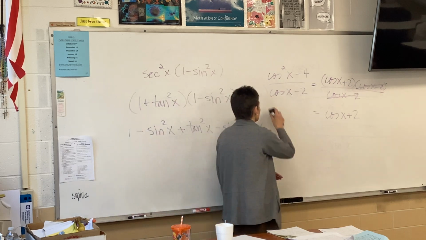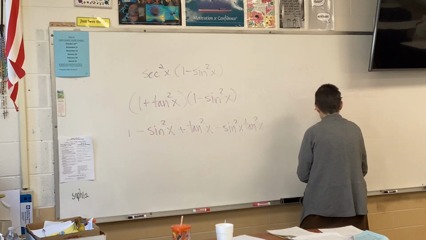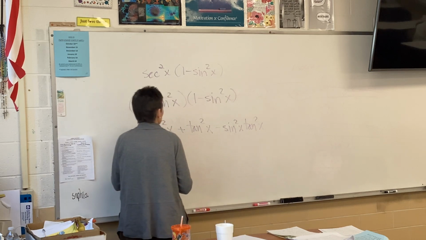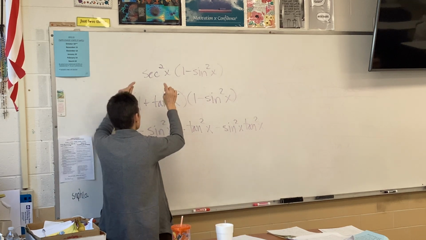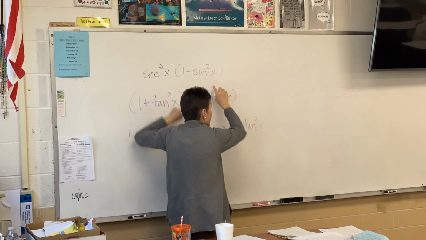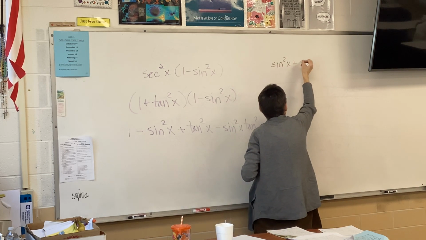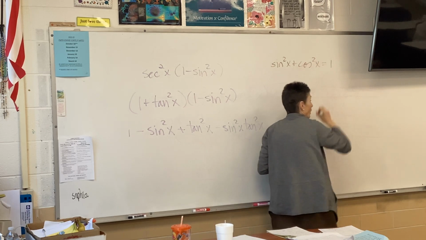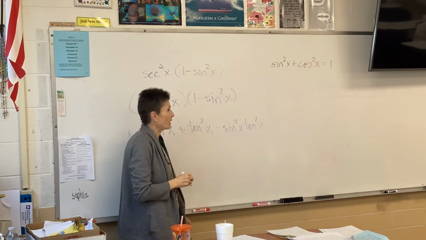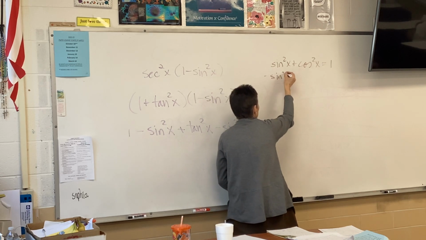I like the way you're thinking about using your Pythagorean identities. Those ones you circled are called the Pythagorean identities. I'm glad you're thinking about those, but instead of changing this one, I'm gonna change this one. Because I know that sine squared plus cosine squared is 1, right? I know that, that's a biggie. We should probably have that one memorized already. If I subtract this over to the other side,